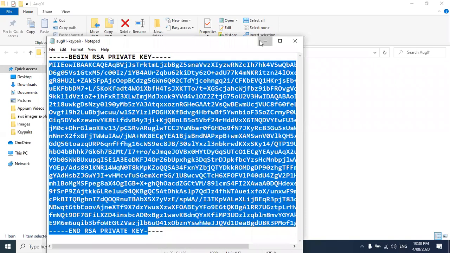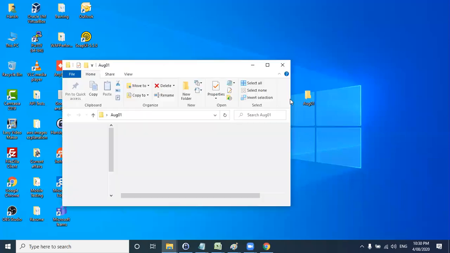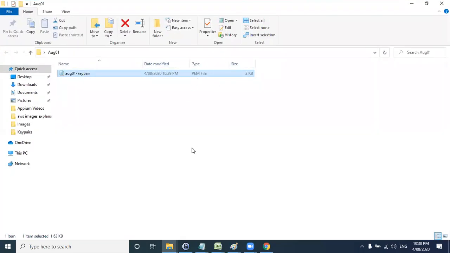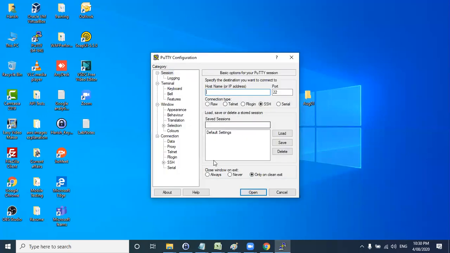Now, what about the public key which we discussed, right? This public key will be auto assigned to EC2. I will show you when we are creating the EC2 instance. So now you have here your PEM file. Now, because you are logging in through the Windows PuTTY machine, right? So you need the PPK file.